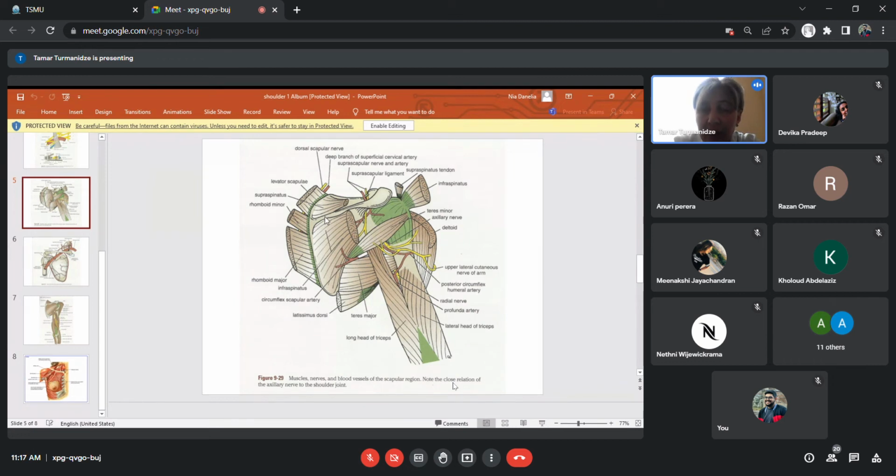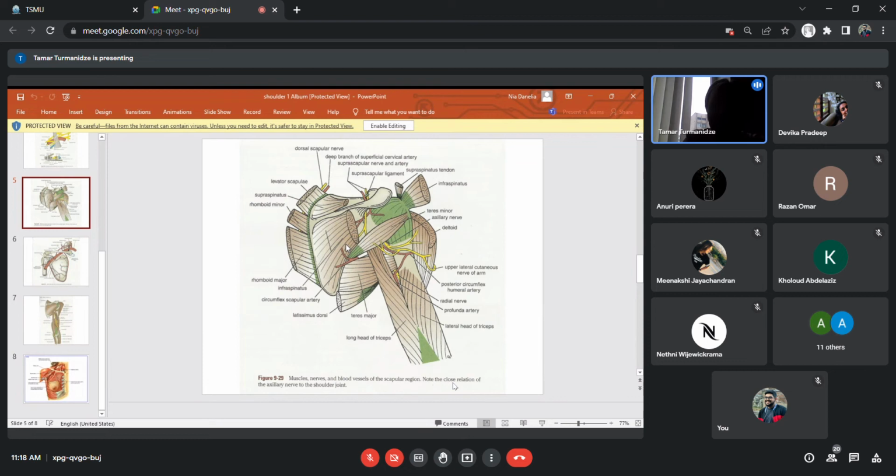Skin of this region is supplied by supraclavicular nerves, branches of the cervical plexus. Below this superficial layer is located deep fascia, which covers the muscles. More superficially on the shoulder, we have deltoid muscle, trapezius muscle, and latissimus dorsi muscle. Below the deep fascia on the scapular region, we have supraspinatus muscle,